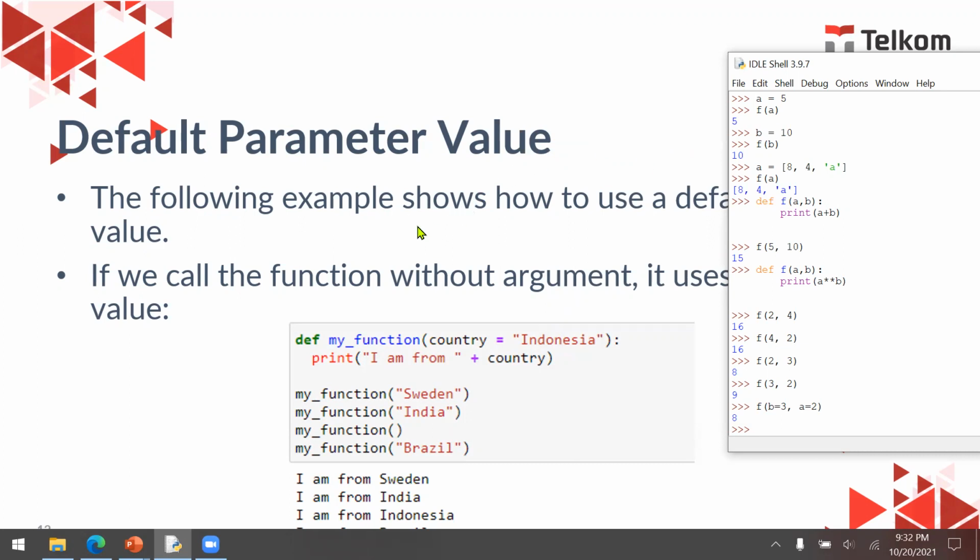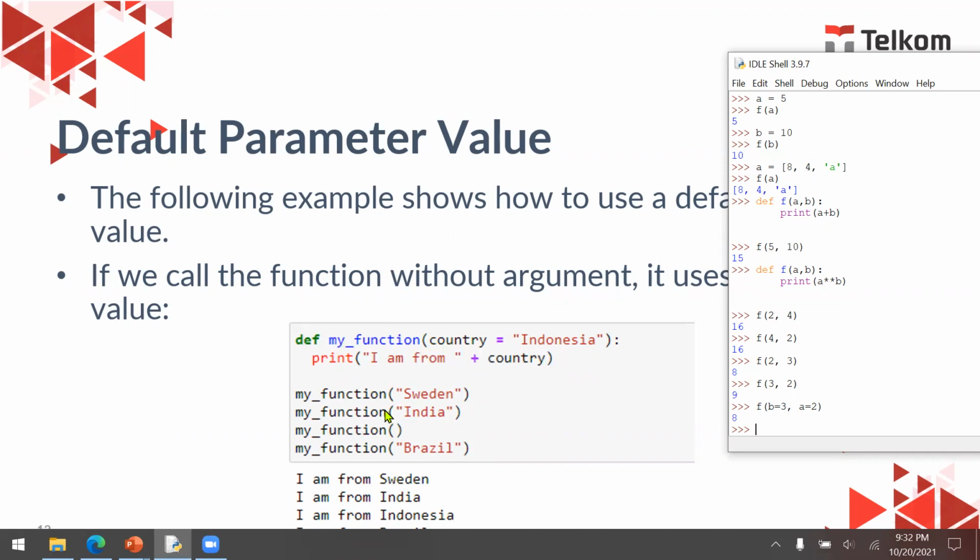So whenever the user does not send anything for that specific parameter, it's going to take the default value. For example, like this. I define a function, which is in this case my_function, and then the parameter is country, and its default value is Indonesia. And then it will print I am from the country.